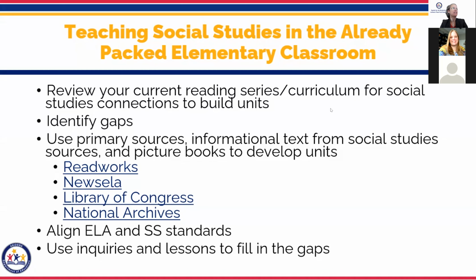So real quick, now that you've seen all those amazing resources that the Geographic Alliance has, and seen what the Capitol Museum has, you've seen some of the C3 lesson, you've seen the Observe, Reflect, Wonder lesson. It's really the idea of starting with your curriculum and your reading series. So look and find where you have gaps, where you can add things in and fill those gaps as you need to. And don't forget about using social studies to teach those informational texts, which are part of your reading scores.